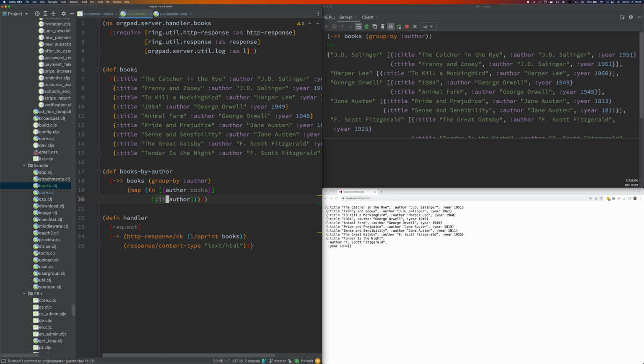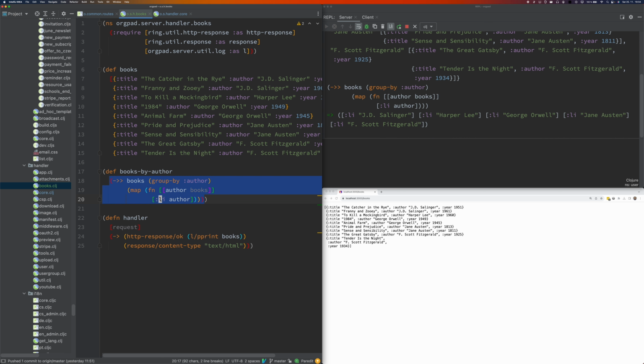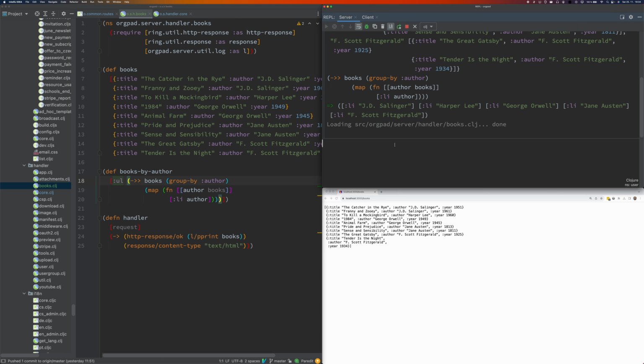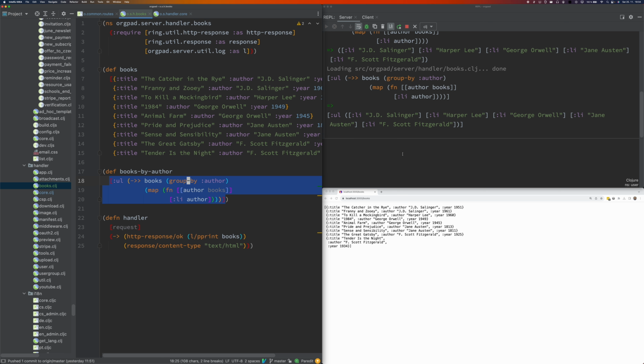Now let's just ignore books for now. Okay, so let's save this. Let's run it, and I will see, okay, I have almost my list of all the book authors. If I want to turn this into a list, I have to wrap it by ul. And so if I select this now and run it in REPL, I get my ul.